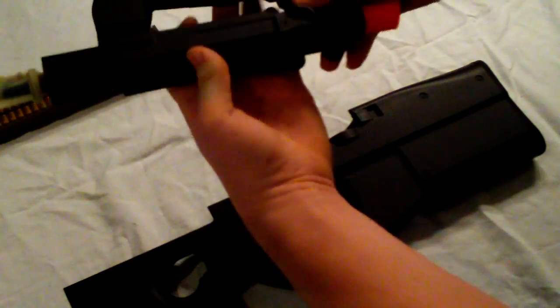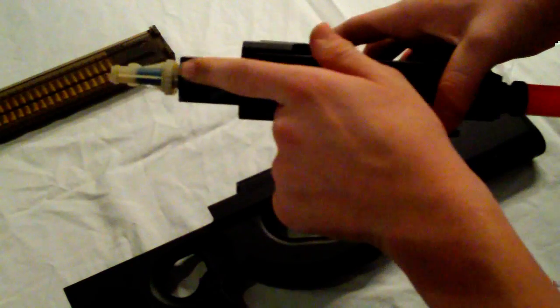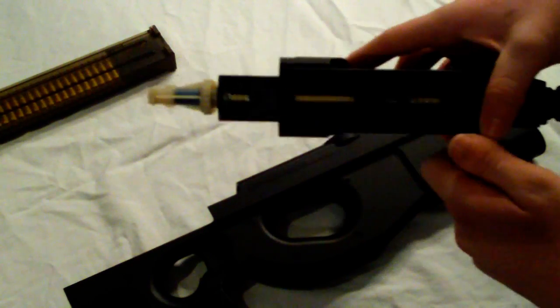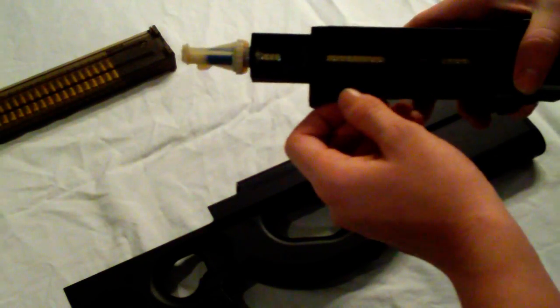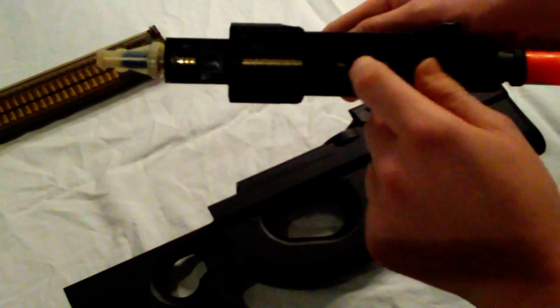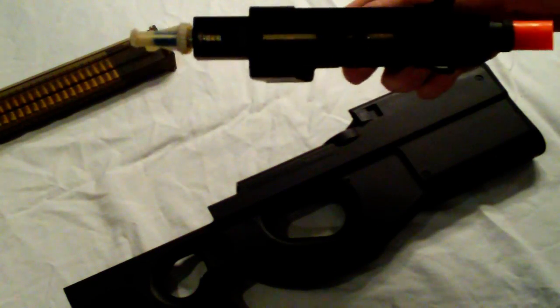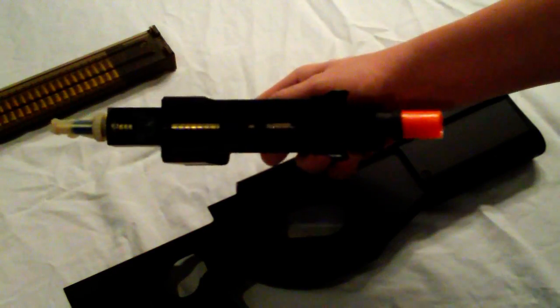And this gives you a closer look at your all-plastic hop-up. This right here, that little section of the hop-up, is actually what you see when you open the latch on the bottom of the gun. And then here you have the spring for your charging handle. It runs along the barrel. And speaking of the barrel, it is an all brass inner barrel, and it is 243 millimeters long,